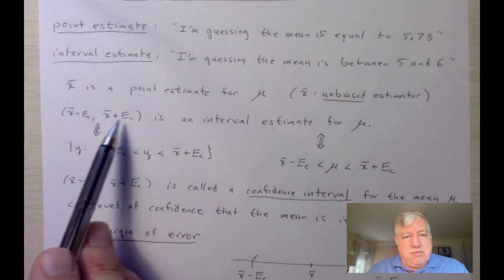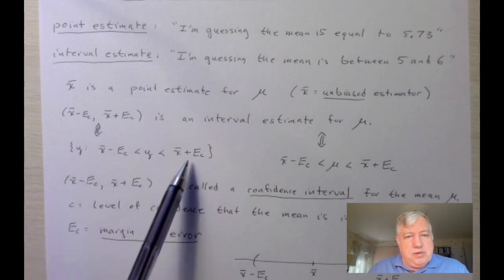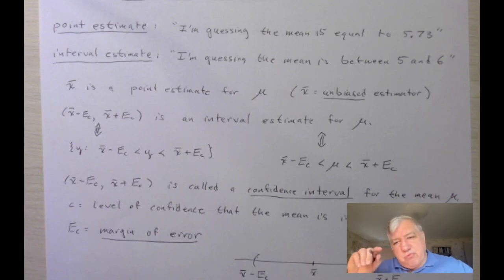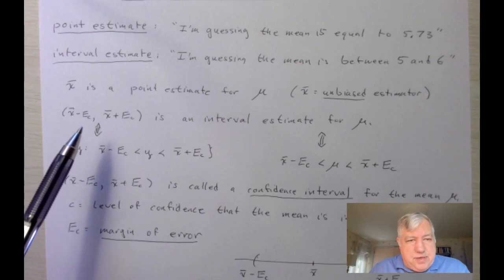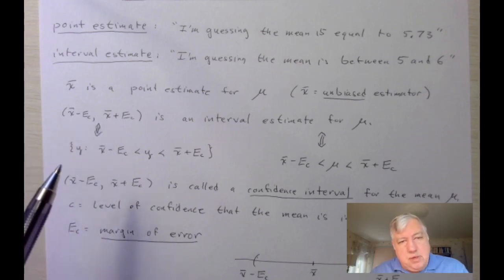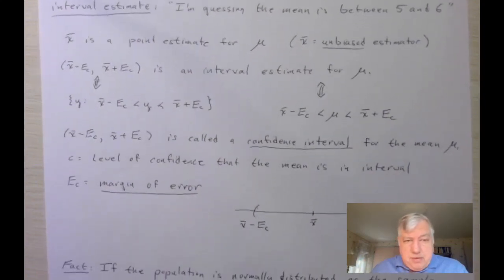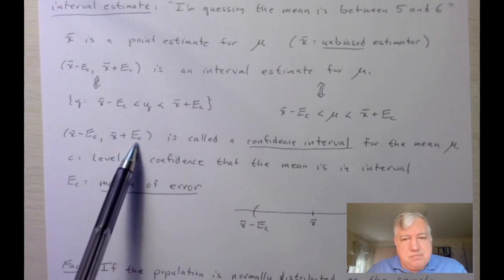Let me just remember, in interval notation, this represents all the numbers that are greater than the left endpoint and less than the right endpoint. We use parentheses because we're not including the endpoints. There's really no need to include these points when you're talking about a continuous random variable. So we have this number E sub c, and obviously we're going to get a different interval for every value of E sub c. This interval, from x bar minus E sub c to x bar plus E sub c, is called a